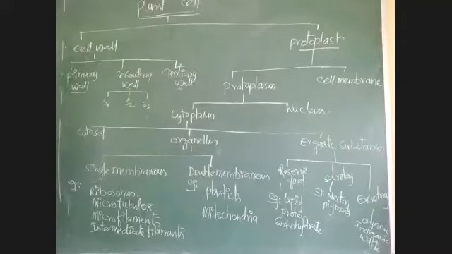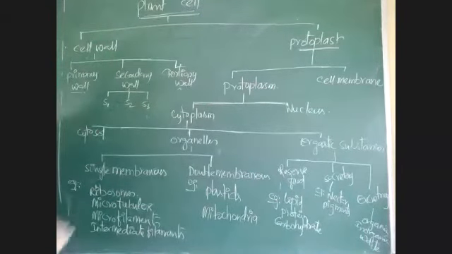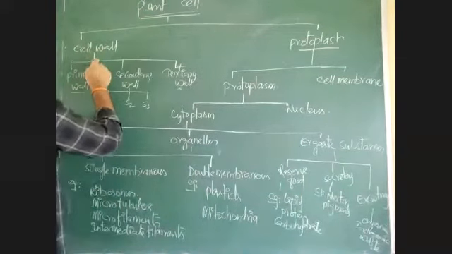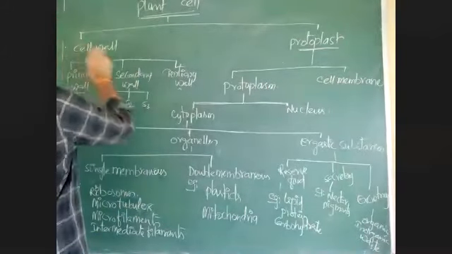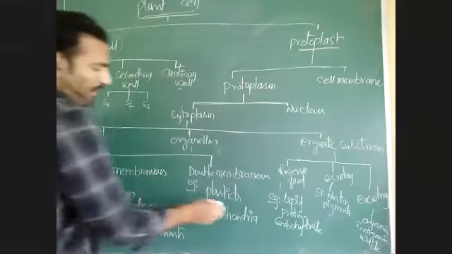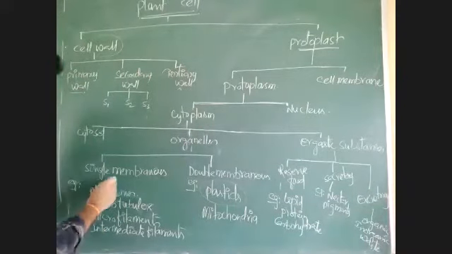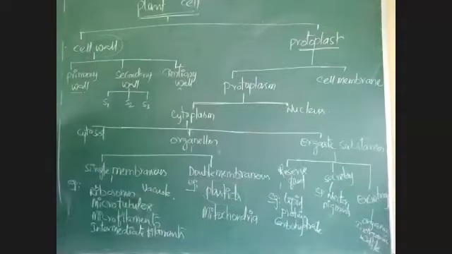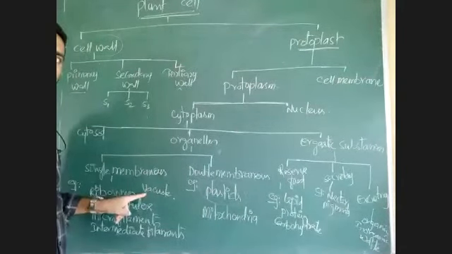See now, whatever the plant cell or animal cell, the total cell outline will come here. In a plant cell, the cell wall is present; except the cell wall, the remaining part is called protoplasm. But in an animal cell, this cell wall is absent, plastids are absent, remaining ribosomes. In single membranous organelles, you write vacuole also. Vacuole is also a single membrane organelle.